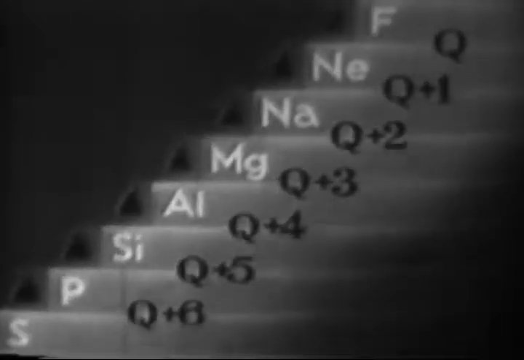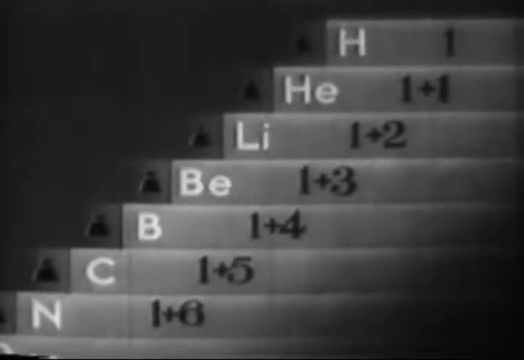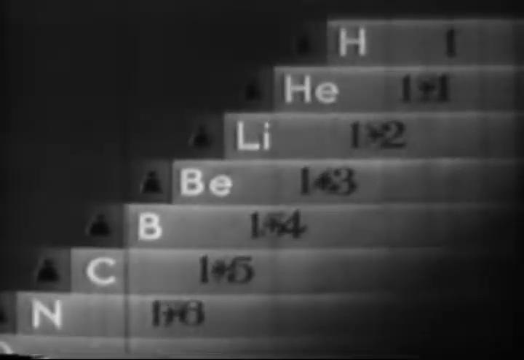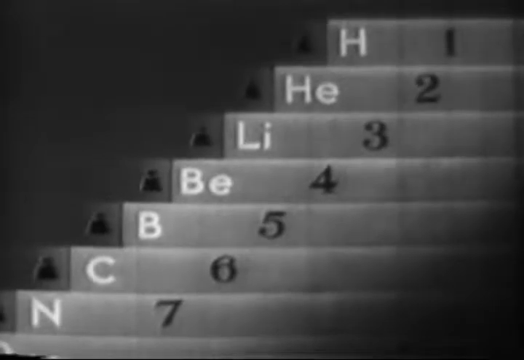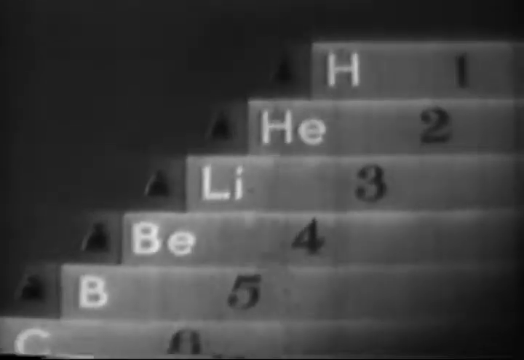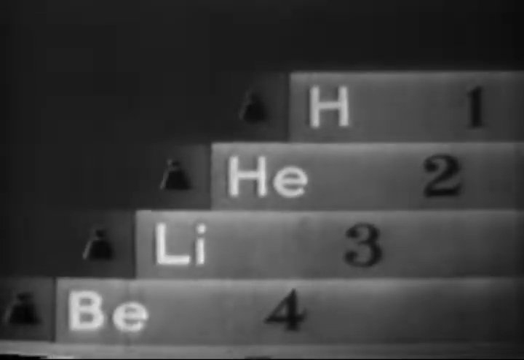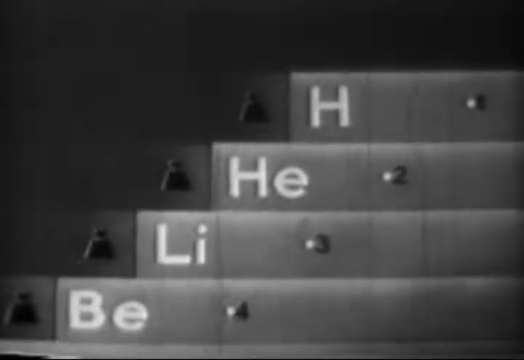He deduced that there was in the atom a fundamental quantity which increased by regular steps from one element to the next, and that this quantity could only be the charge on the positive nucleus. Thus, the number of each element in the table, the atomic number as it is called, acquired a new significance. It indicated the positive charge on the nucleus of an atom, equal, though opposite in sign, to the number of orbital electrons in the particular atom.